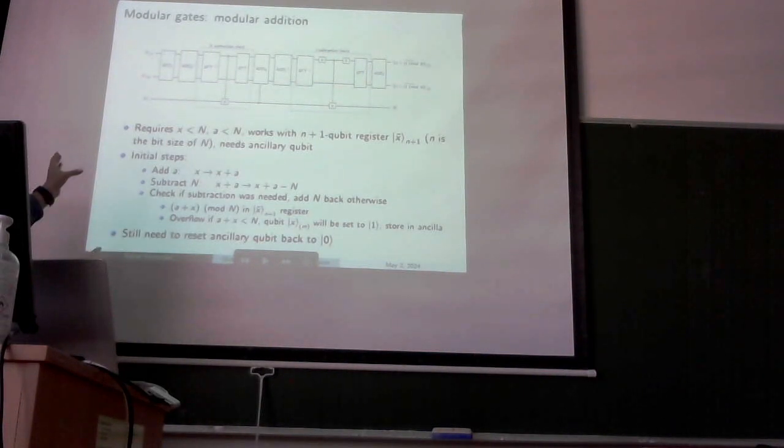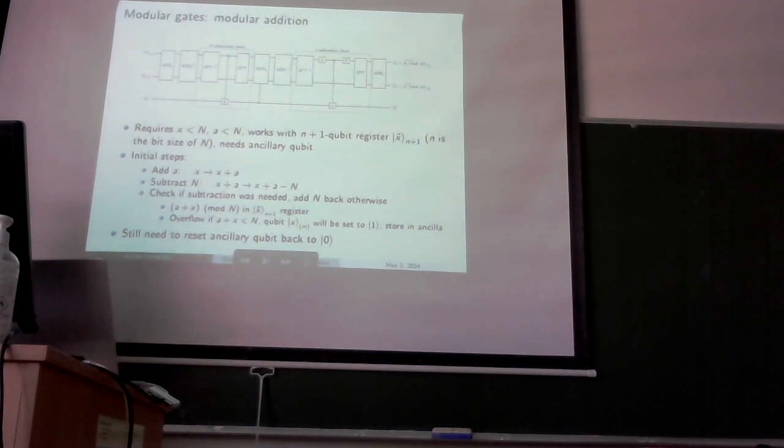The first half of the circuit is essentially computing x plus a modulo n. So first, we have a, which is the first gate, then we subtract n, but subtracting n may or may not be necessary, because if a plus x is smaller than n, we would get a negative number. In that case, we didn't really need to subtract n. But we can check if that was needed by checking the top qubit in the top register, which we needed before for the overflow case.